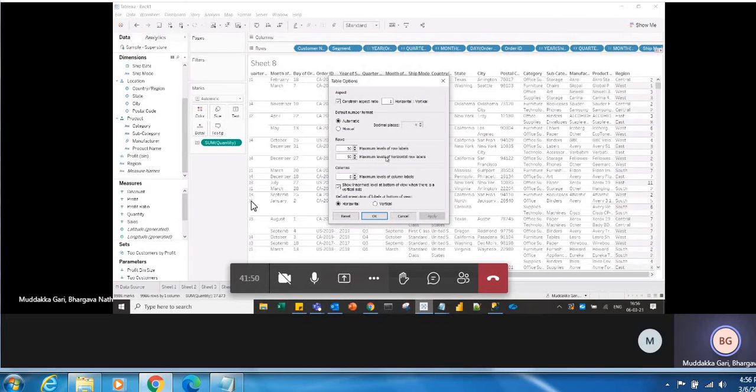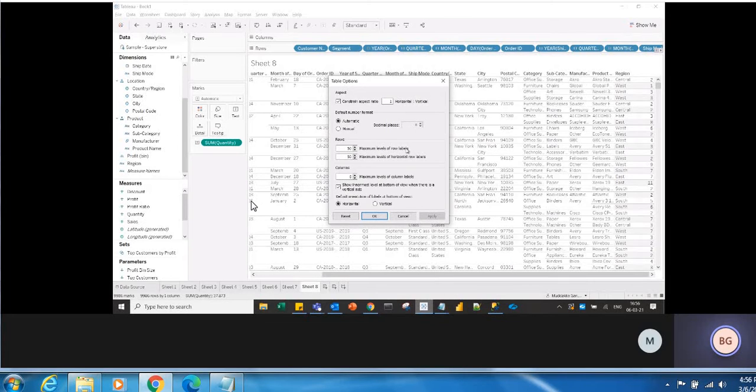So rows are horizontal, right? And for columns you can keep whatever number you want, like till 50 again.